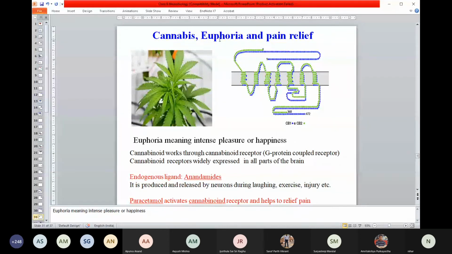And euphoria, as I mentioned, means intense pleasure or happiness. That's what you can experience once somebody takes cannabis. But I gave you a natural example, and I guess a good one: the moment you came to know that you got this rank in your JEE Advanced, think about your feelings at that moment. That's typically what you can think of as euphoria, and that's what people experience when they take drugs of abuse. So that's the reason they try to use repeatedly, without knowing the consequences of what could happen after prolonged use.